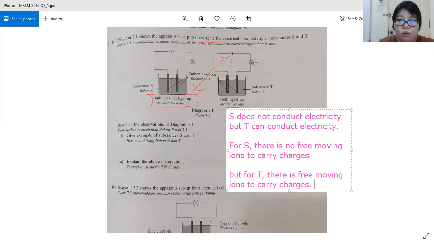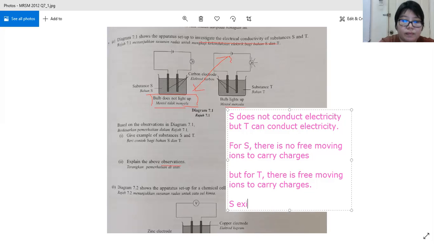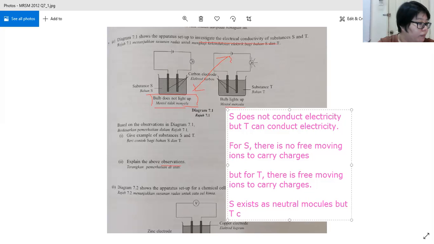Okay, now we can write furthermore. Why does S not have free moving ions? Then you can say S exists as neutral molecules. But T consists of